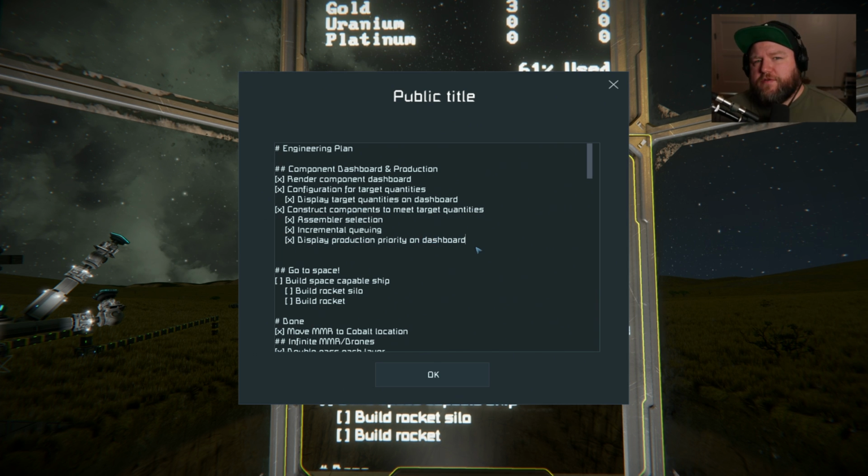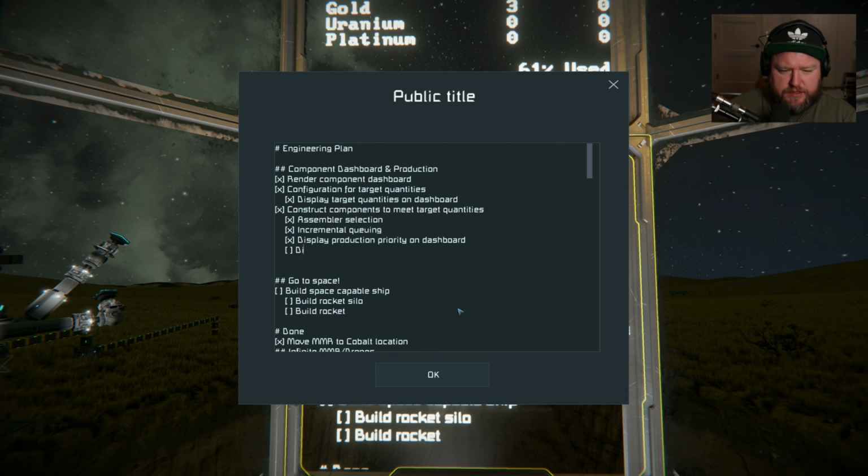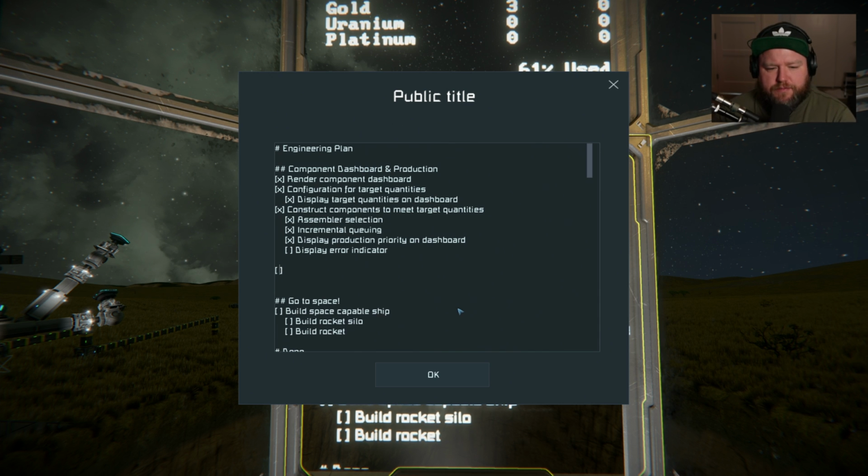There's one little thing that I still want to fix before I call this a day. But I might just do that off screen and then publish that with the source code. That is, I want to display an error indicator if something goes wrong. So basically, instead of showing the little star icon, I want to show a little exclamation point if something isn't working correctly as expected. I think that makes a lot of sense, so that if something goes wrong, you can see it on the dashboard and you can go and fix it instead of just having the little star icon being stuck there forever. And then I think sometime in the future we probably want to